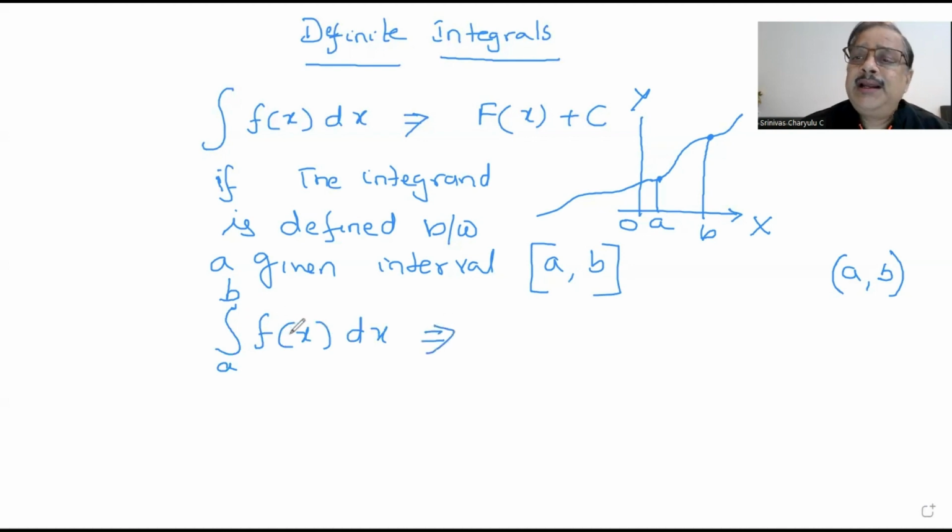So what did I do in this case? I am telling that I am only defining my function within this. So if I integrate this and put these values in the final value of the integral, then I will be getting the area under the curve. This is the curve defined. So this shaded region, whatever I am shading here, will be the area under the curve between, let us say,